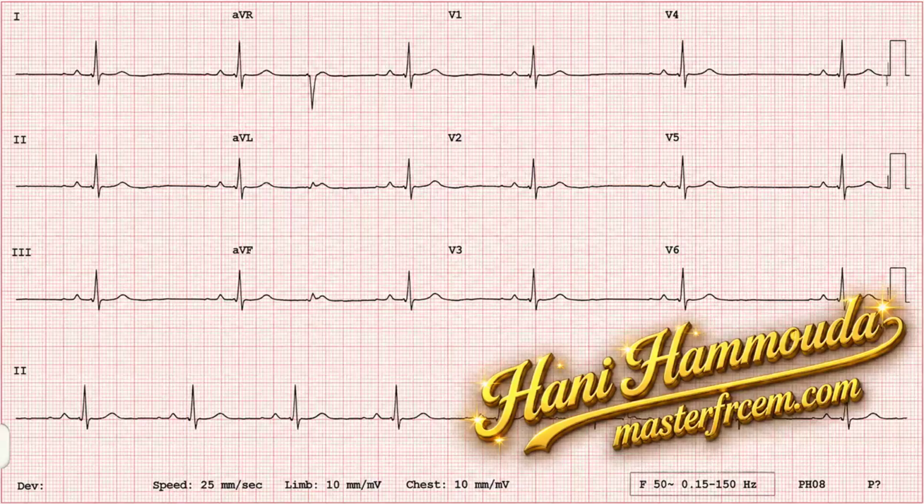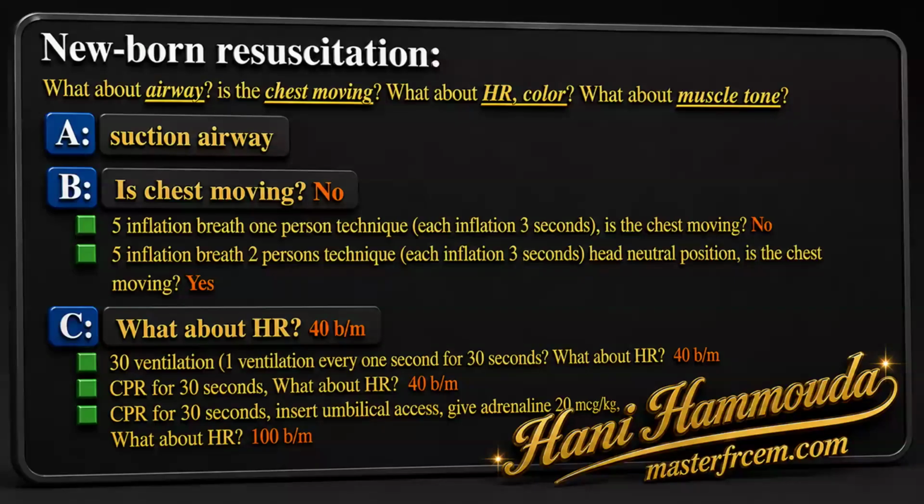We need to also recall our HNTs. Meanwhile, we need additional help. So HNTs, and also please, if we got the IV access, we need to give this patient adrenaline, which will be 20 mics per kg. After 30 seconds, are we able to appreciate any increase in heart rate?